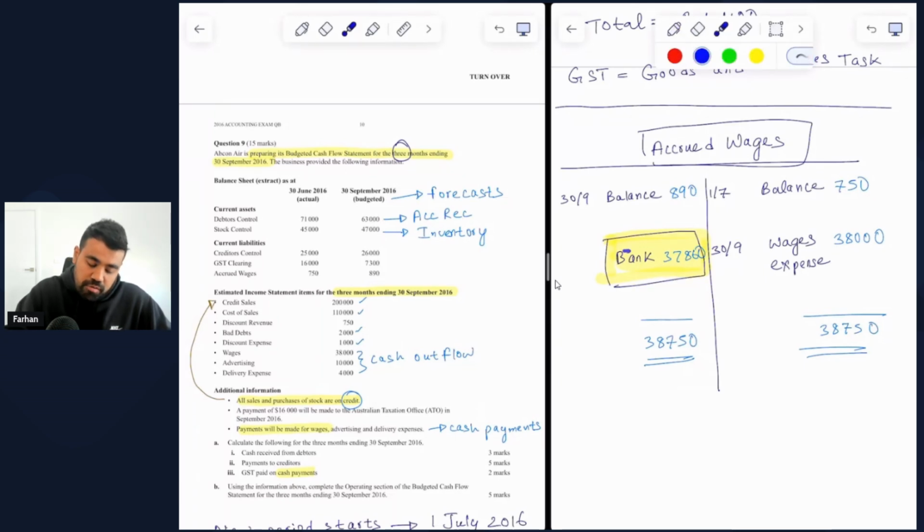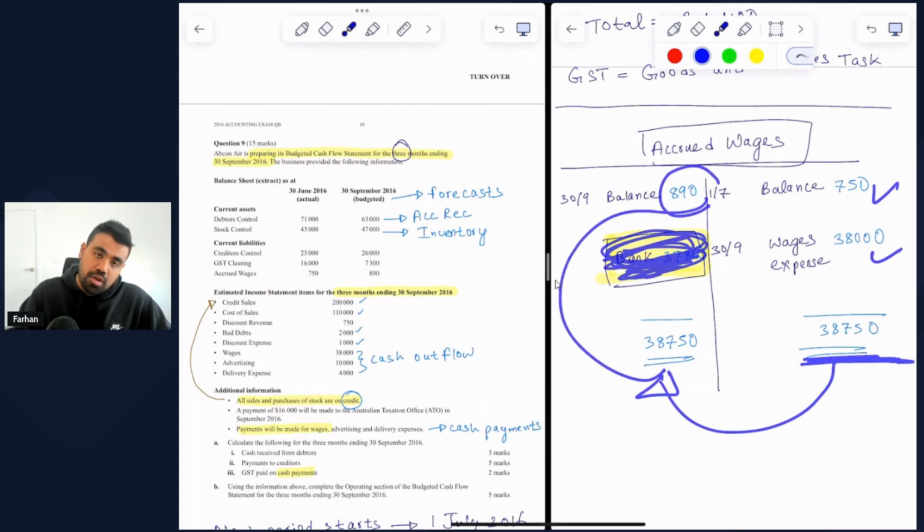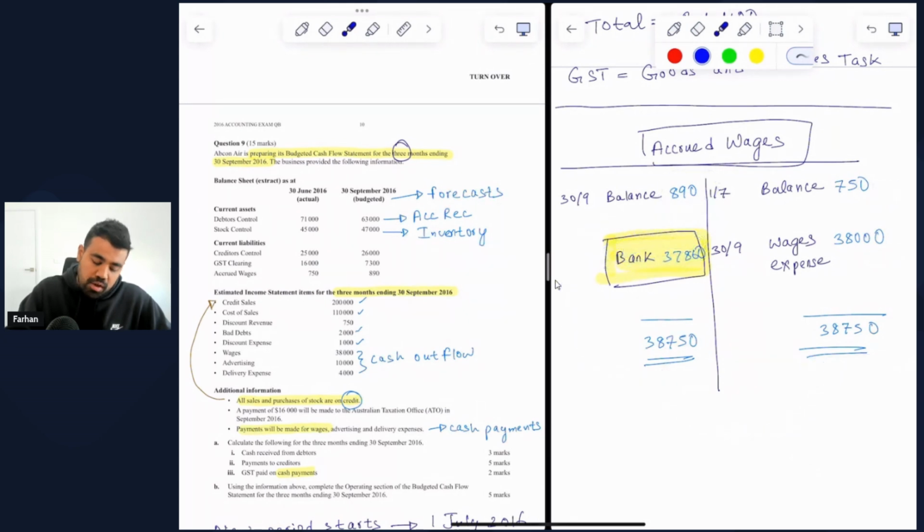We find the total of everything on the heaviest side, which is the credit side. So 750 added to 38,000, which makes it 38,750 as the total of everything on the credit side, which must be the total on the debit side. As once you subtract $890, you get 37,860, which refers to the wages that we have paid